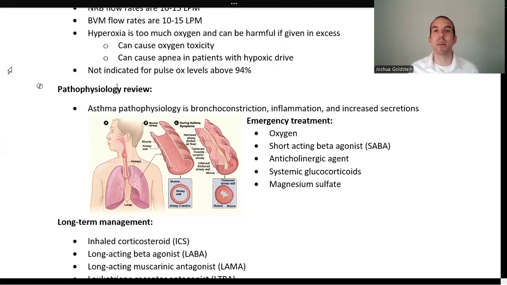Not only do the walls become smaller, or does the diameter inside become smaller, but the walls themselves become swollen or inflamed, and that causes the inside to get even smaller. And finally, it results in increased secretions. So now that little bit of inside that's left is now filled up with gunk, and now that makes it